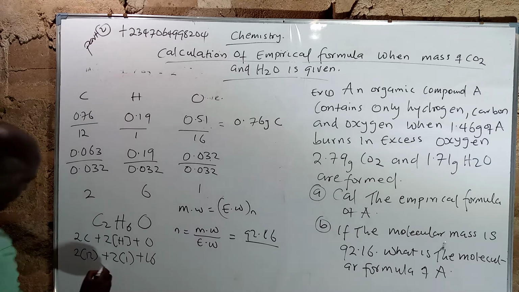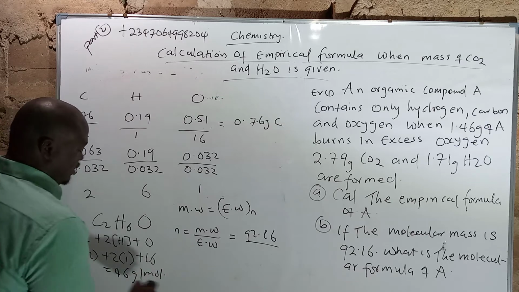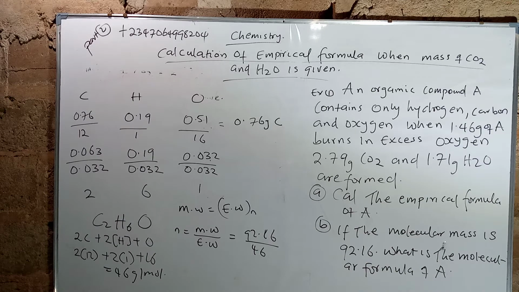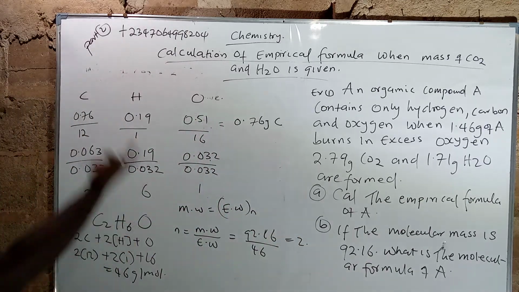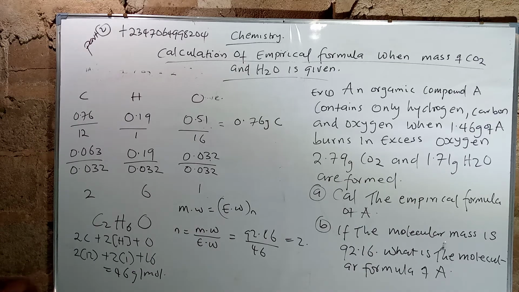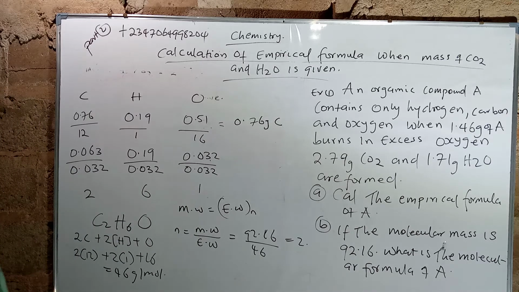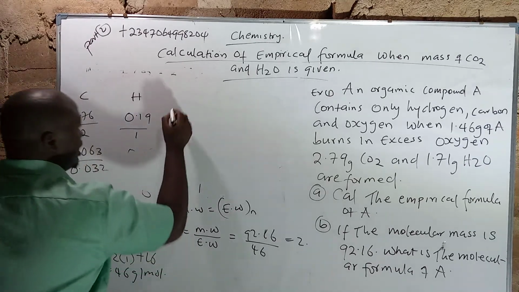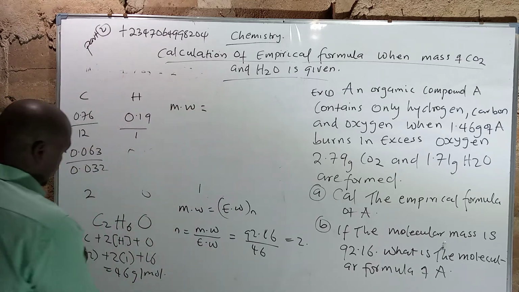So this will give you 46 gram per mole. Now, dividing here by 46, 92.16, when you divide it by, what you will get is 2. Now, all you need to do is you come back again. Remember I said that the molecular weight is empirical weight times N, right? Now, for you to get the molecular weight, use the empirical. And our empirical weight here is